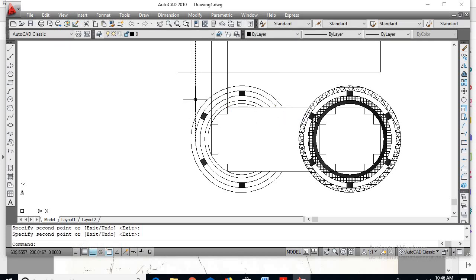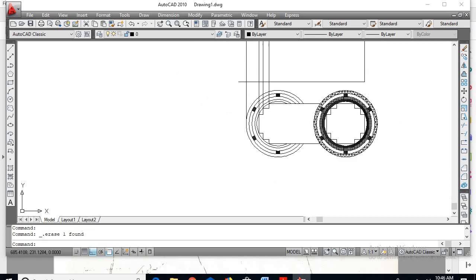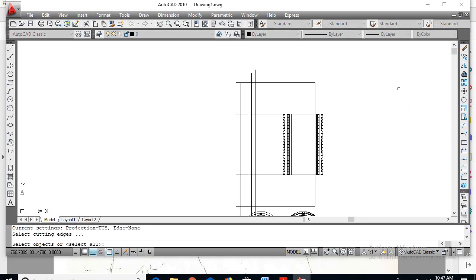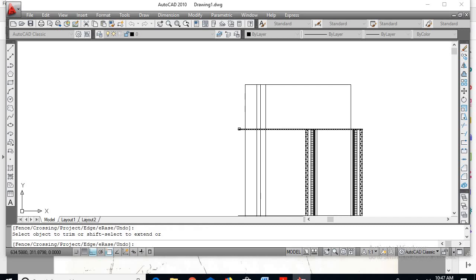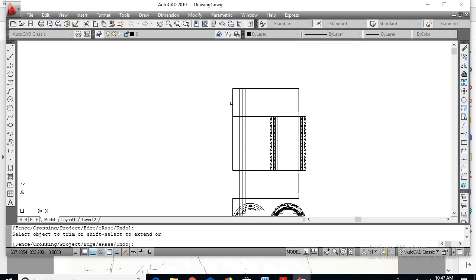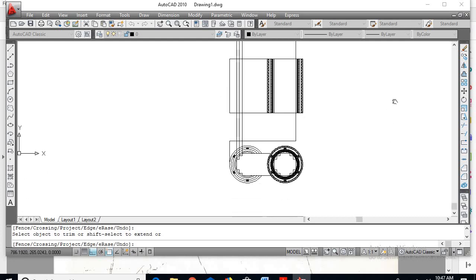Okay, so I don't want this line, click on the steps. Now I'll go for the trim command, right click. This is the unwanted portion, remove. So left, this is the unwanted portion that we can remove. Here I cannot see the yoke, this is the yoke part, so this I'll trim. Here is the core part, here also I'll trim. So these are the two steps that can be easily visible.